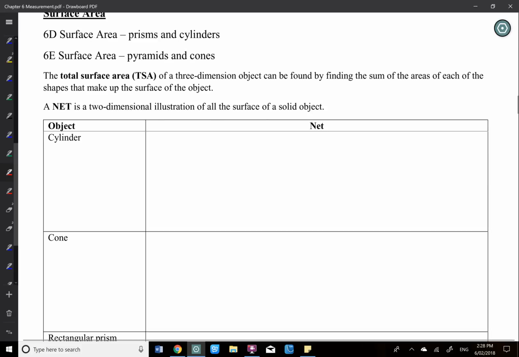The total surface area of a three-dimensional object can be found by finding the sum of the areas of each of the shapes that make up the surface of the object. So that's why we're trying to think about the net. So for a cylinder, if you can draw a cylinder at the left-hand side,